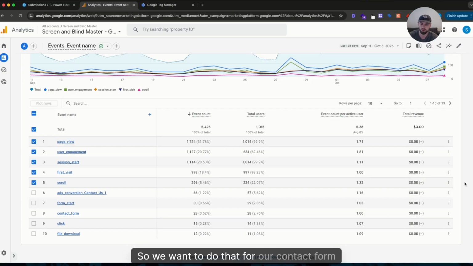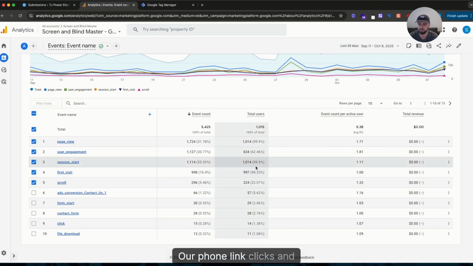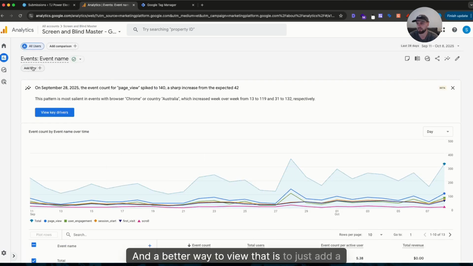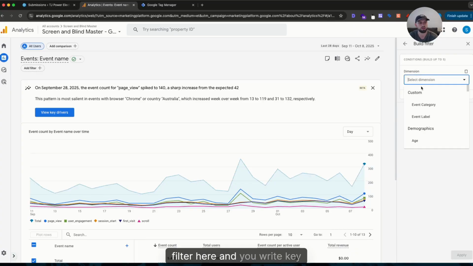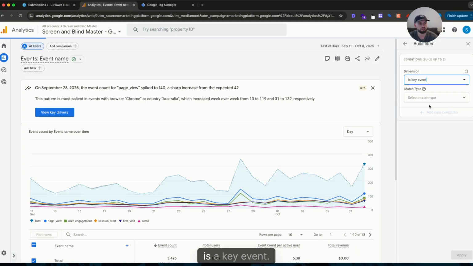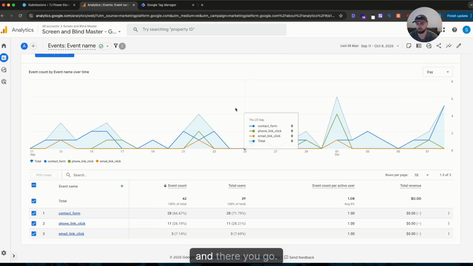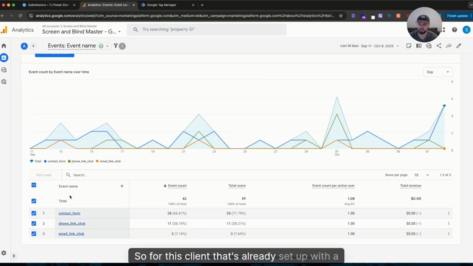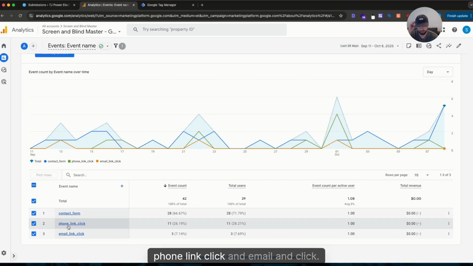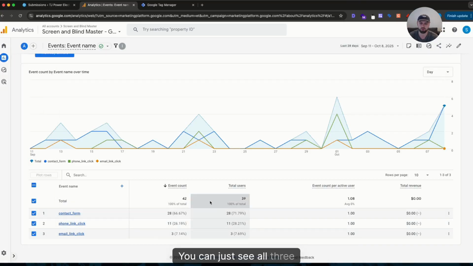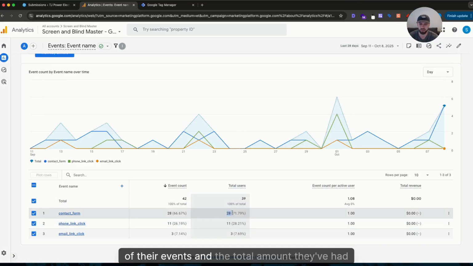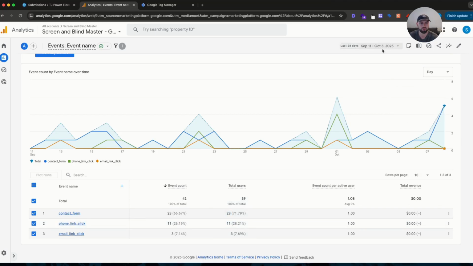So we want to do that for contact form submissions, phone link clicks, and the email link clicks. And a better way to view that is to just add a filter here, and you write key event, exactly matches true. And there you go. So for this client that's already set up with a contact form, phone link click, and email link click, you can just see all three of their events and the total amount they've had for the